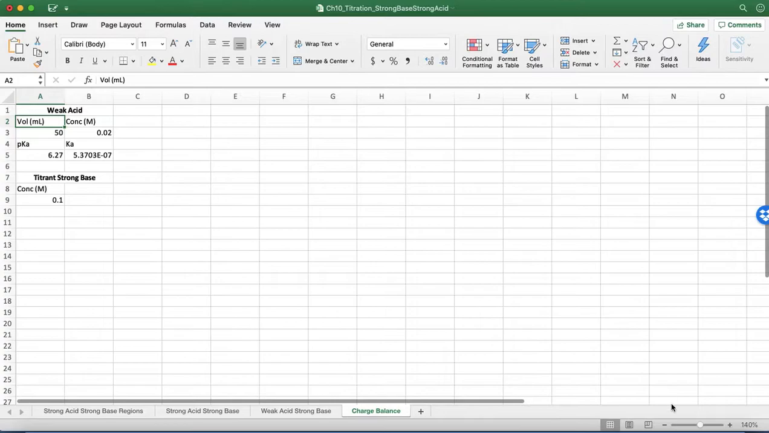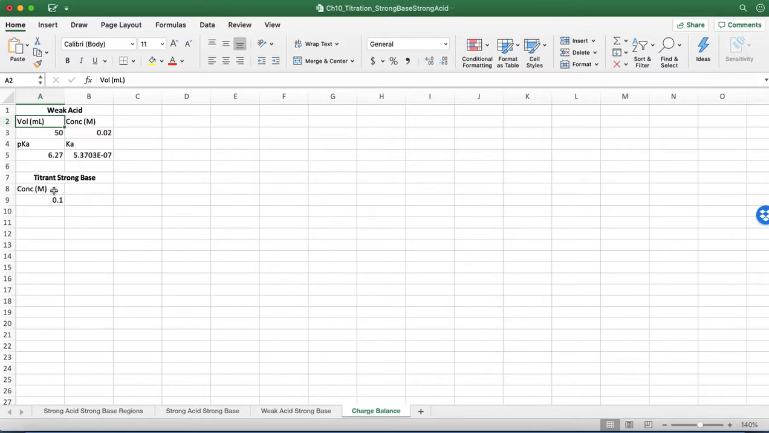Okay, so remember that this is CB, and we're going to just rename these with the new notation, right? VA and CA, and then we have KA, and we have CB. All right, and if you recall that now